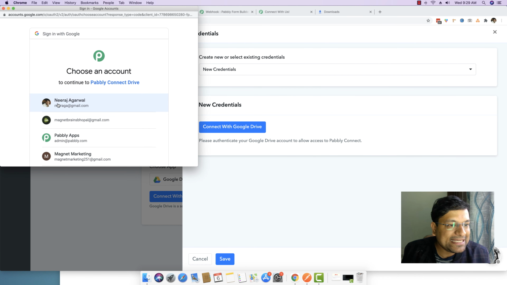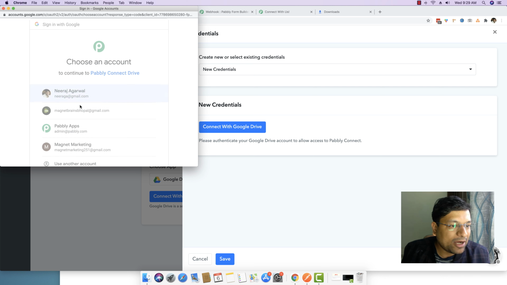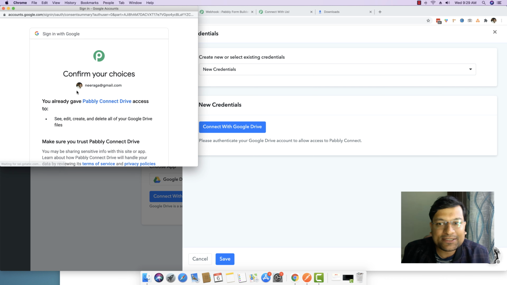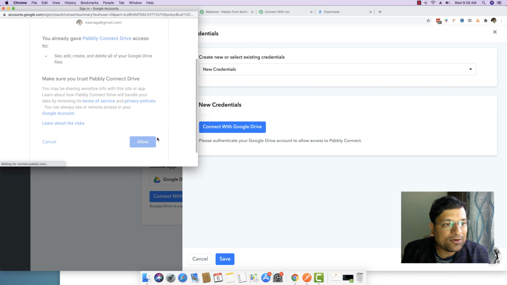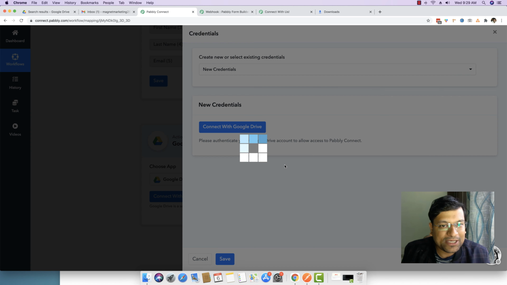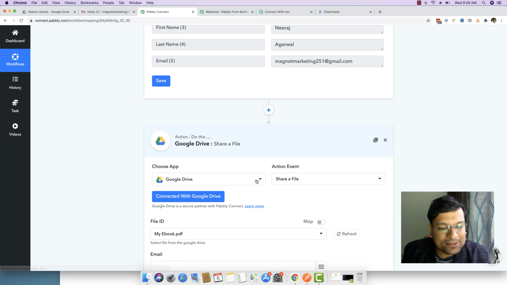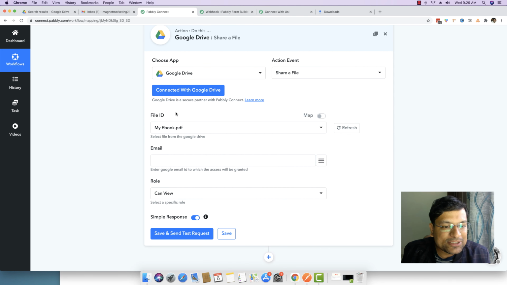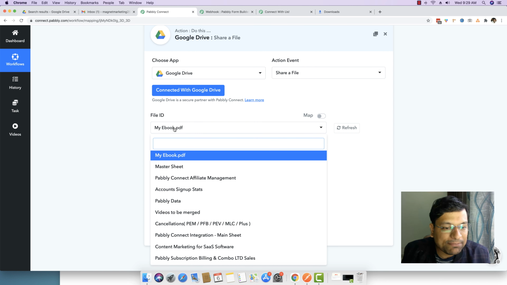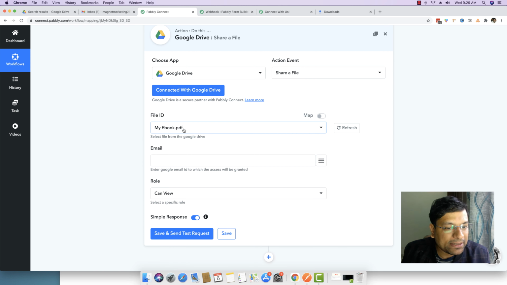You can see it showed me my account right here, so I will accept it and click on allow. Okay, and you can see authorization is successful. You can see the file ID is automatically captured right here, which was the last uploaded file inside my Google Drive. So you can see my ebook.pdf is appearing right here on the Google Drive itself.